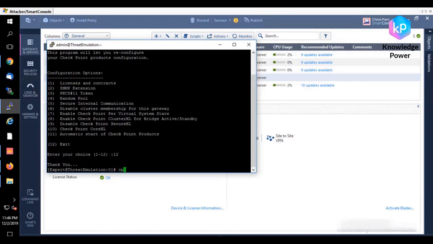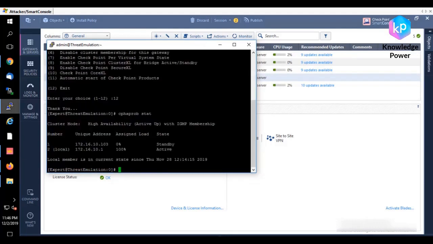which is called cphaprob stat. So as you can see here, it's showing you all necessary information here. The cluster mode is high availability, active up,